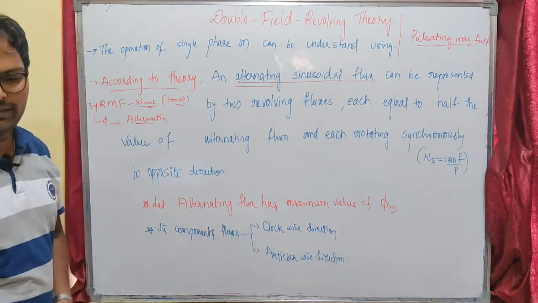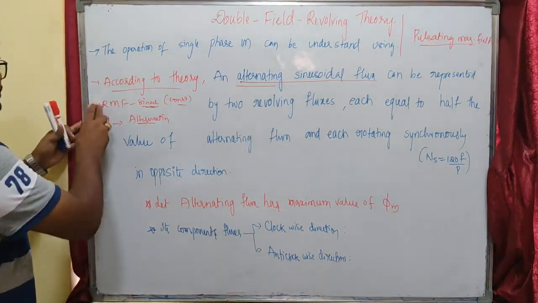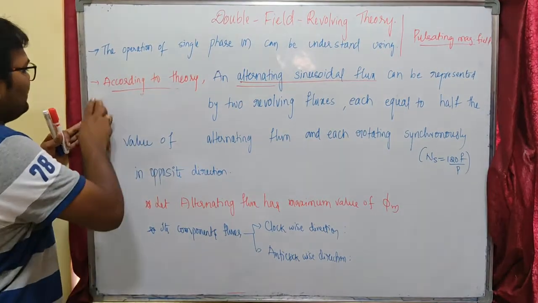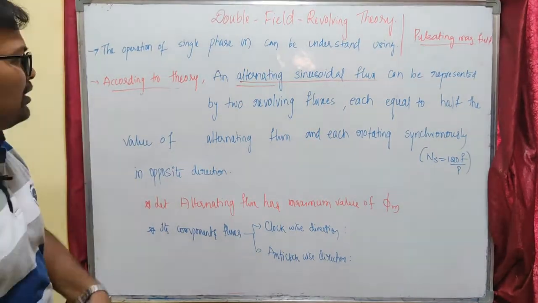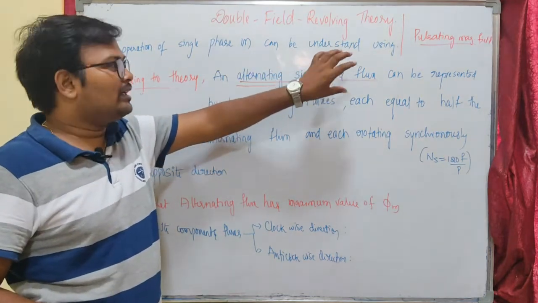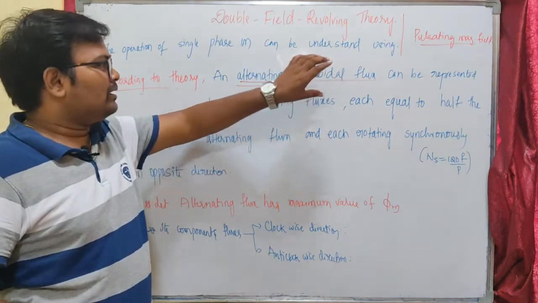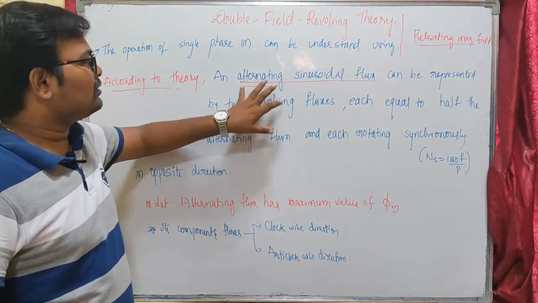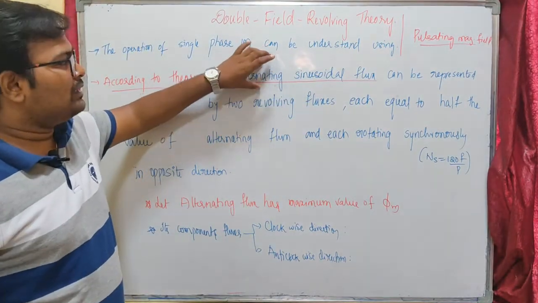The value of the magnetic field in the air gap periphery keeps on changing. That is alternating sinusoidal flux. It is sinusoidal, but it is alternating. In a three phase induction motor, the sinusoidal flux has a constant magnitude of 3/2 phi maximum, but in the case of our single phase induction motor, it is alternating. It has no specific defined value. That's why it is alternating sinusoidal flux.